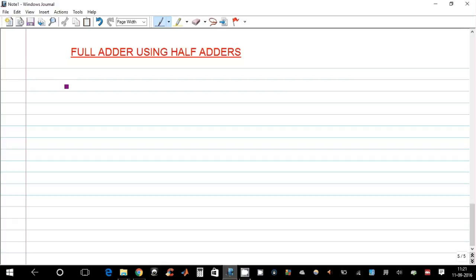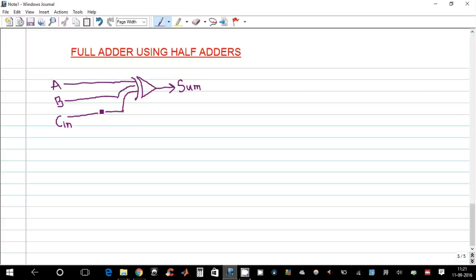As you know, it requires 3 inputs, a, b and c input. The expression for the sum is the XOR of a, b and c. So we require one 3 input XOR gate for this. So this is our expression for the sum, and the carry is ab plus bc plus ca. So we will take a point from here. This is a,